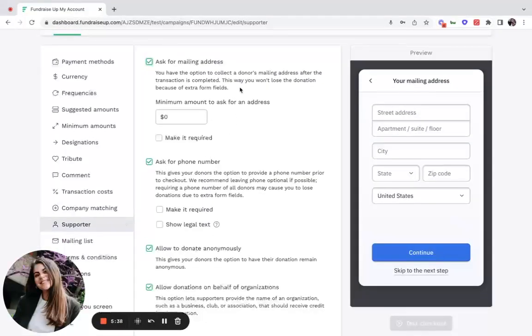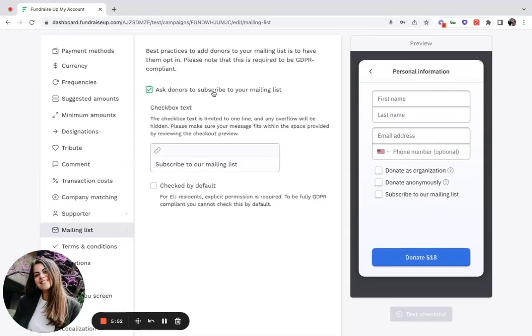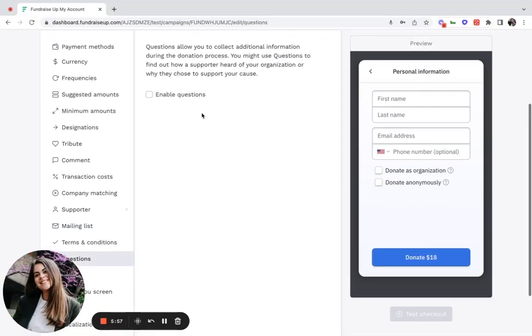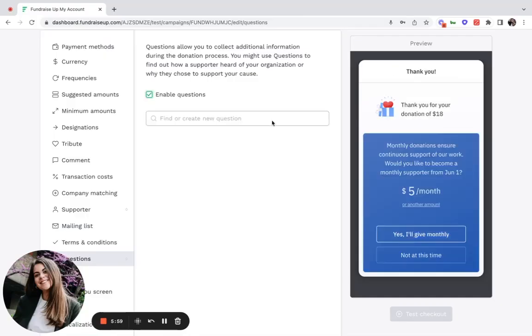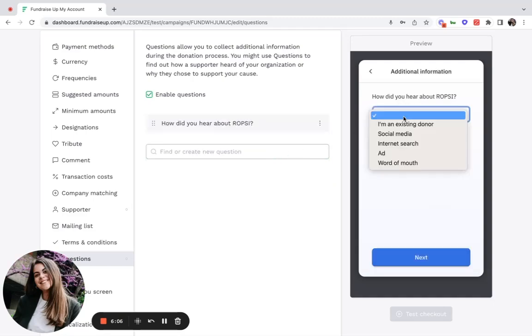By default will always capture name, email, and additional information such as mailing address, phone number can be made optional or required as well. You can collect marketing consent like mailing list. You can also customize any custom questions. So if there's anything that you want to collect from your donors that falls outside of our standard fields, such as how that donor heard about your organization and provide a drop-down menu, that's all configured and customized in the